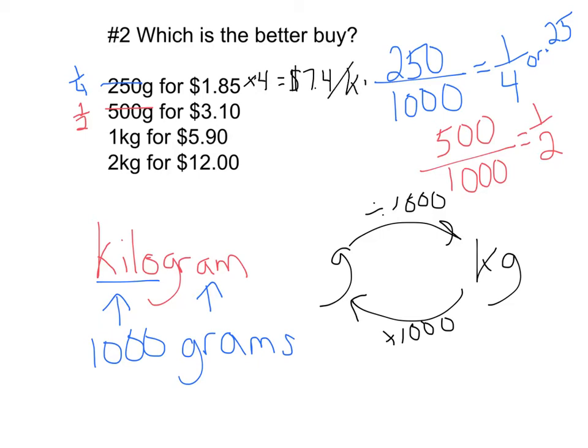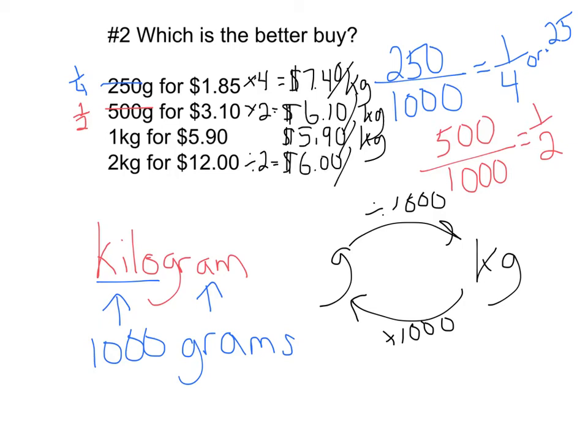per kilogram. Notice how I used the slash. That's one way to say per. So $7.40 per kilogram. This other one, the half of a kilogram, I'm going to have to double that to get to 1. So times 2 gives me $6.10 per kilogram. This one's already in kilograms, so that's $5.90 per kilogram. And the last one, because I'm going from 2 kilograms to 1, we're going to divide by 2. So $12 divided by 2 becomes